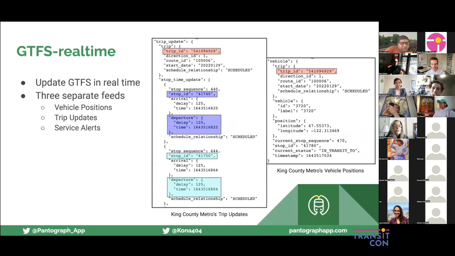So to that end, GTFS has an extension called GTFS RealTime, which is designed to, in real time, update the GTFS and say, okay, that trip ID that I've said exists, this is an example from the King County Metro feeds, is now going to serve whatever stop at whatever time. It looks like this one is a little over 2 minutes delayed as an example. And GTFS RealTime is distributed as 3 separate feeds, one of which is service alerts, which we're not going to jump into today, but it's pretty self-explanatory. That's where service alerts are communicated. Vehicle positions and trip updates.